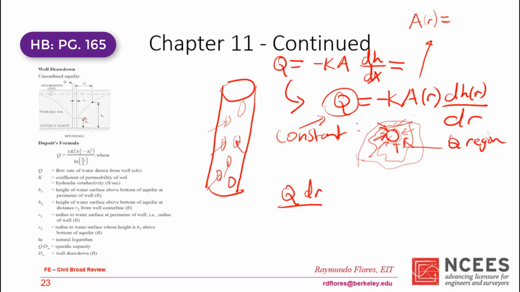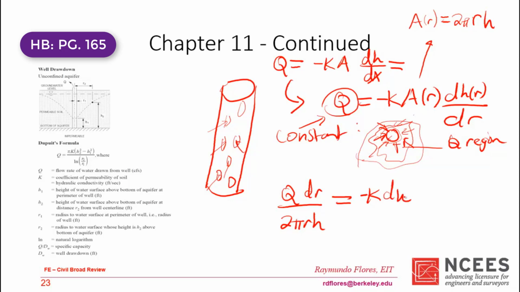So, and our Q region is the whole thing. So water goes through it entirely, which means that A of R is 2 pi, the circumference, 2 pi R1, or R, really, times H. So if this is the case, then we take this, divide it by 2 pi R H. That's going to be equal to, because I'm just dividing it out, K